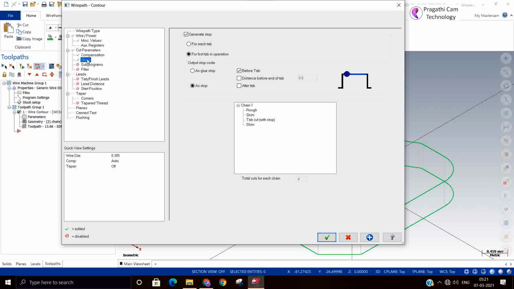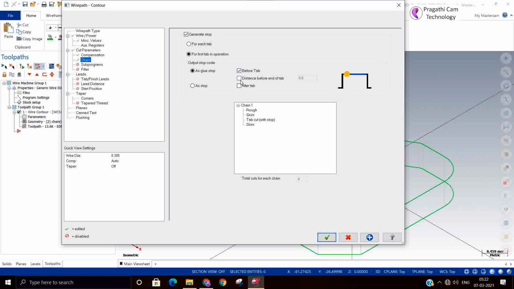Okay, this is about the stop, wherever you want to add additional stops. For holding and gluing purposes, you need to add an additional stop. So before making tab cuts, you need to stop somewhere. Those things will be generated by using this particular page.